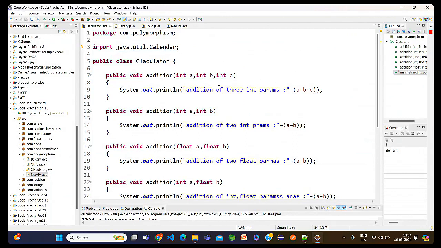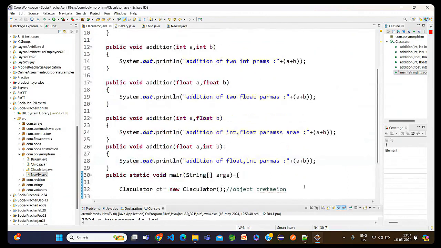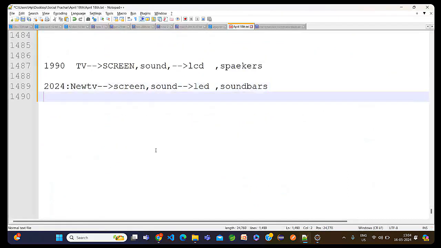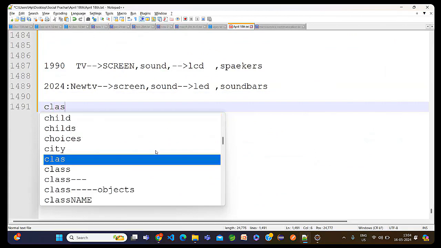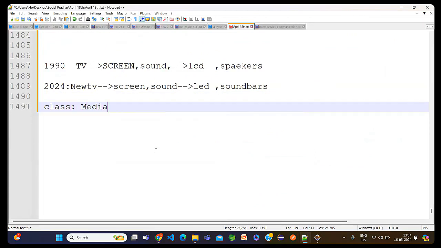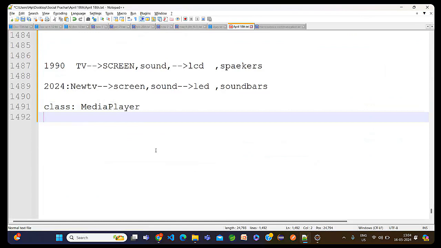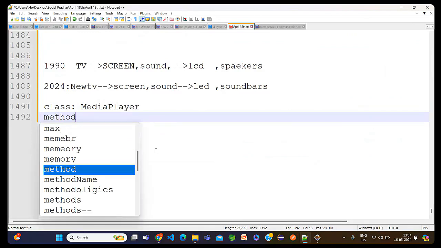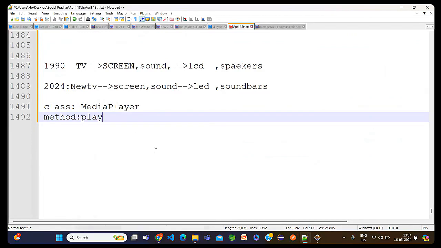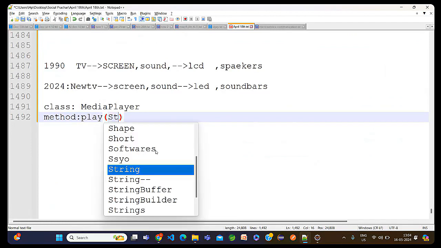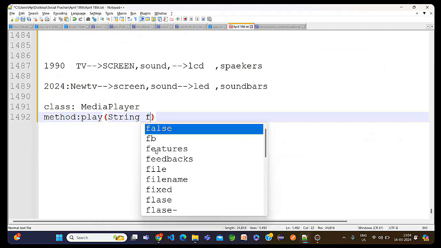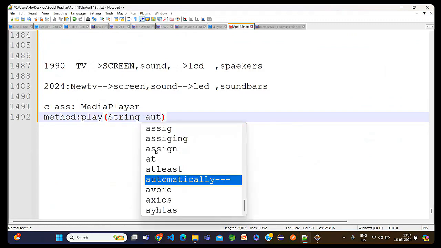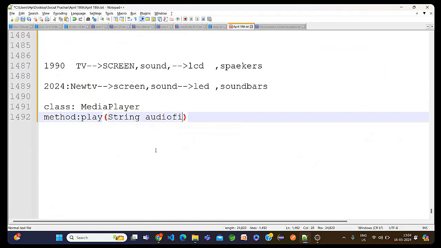For method overloading, I'm going to create one task for you. I'm going to give one example. The class name is media player. The method is play. The first play method will take a string, the audio file name. Next play method,